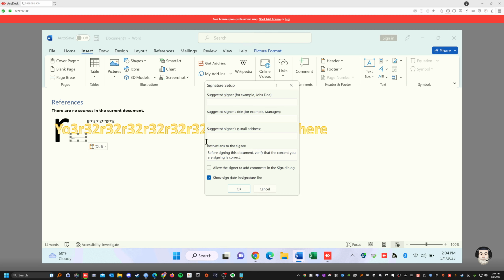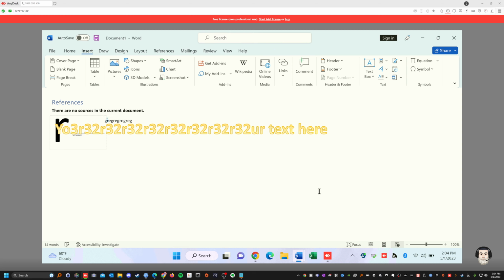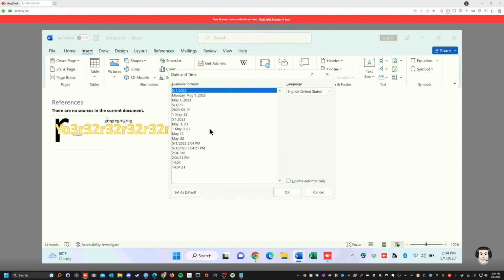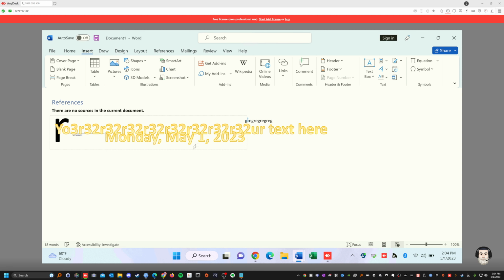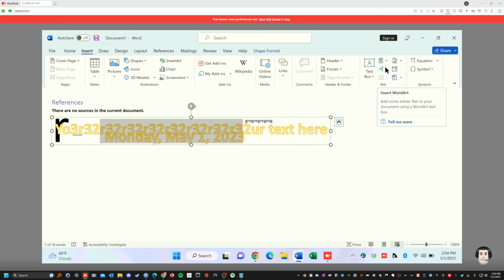See? Let's do it again. You could type in the name of the person, and there you are. Signature line. Next one, I think, is like a calendar type of thing, a date and time. This is the format of the date and time. You okay it, and it gives you the date and time. See that? And you can make it smaller, change the format of it, the color of it. You could change whatever you want on it.